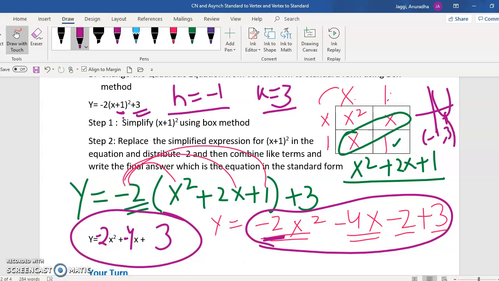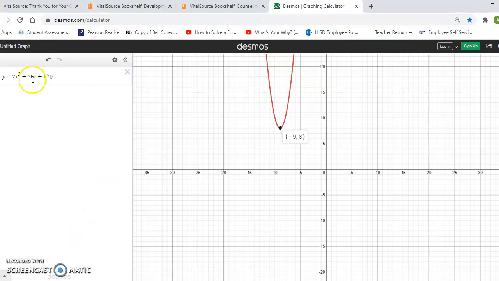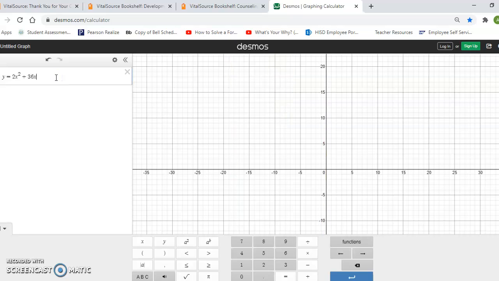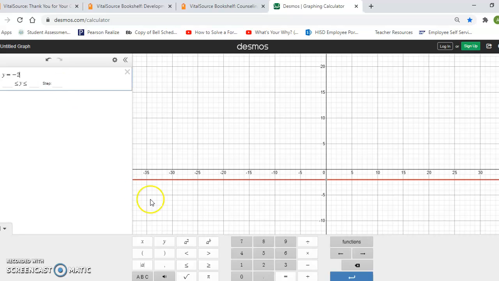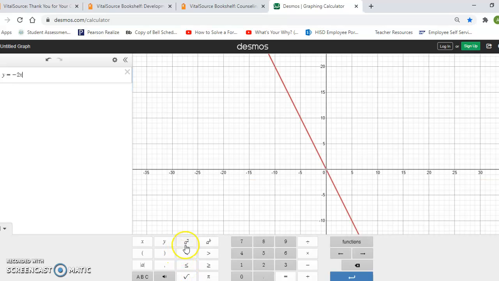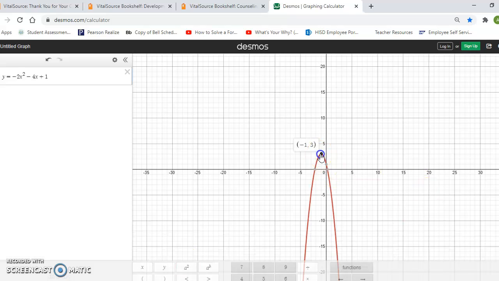So let's go back to Desmos and type in the equation -2x² - 4x + 1. This is what we got after we changed the vertex form to the standard form. And we see the vertex is the same, negative